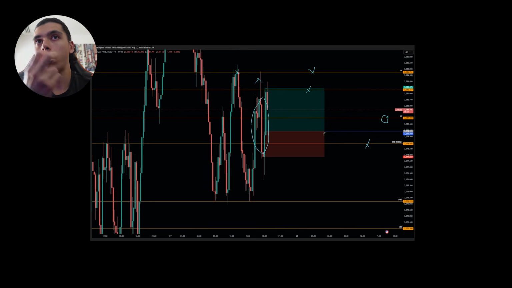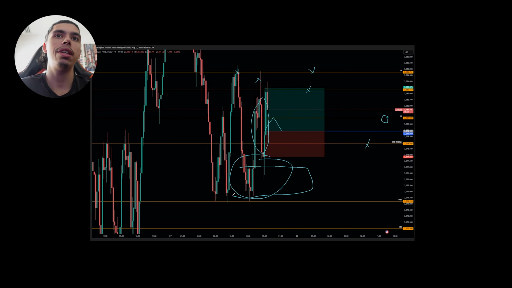This 1 hour is a watch zone, so I can watch and see if we reject here, I'll just get out at entry. I don't lose anything. And importantly, we retested here. We retested the bottom of the range, showing me that we have grabbed liquidity. All of my supply and demand traders, you'll know that as a demand down there. So essentially we're retesting the bottom of the range, showing me confidence,